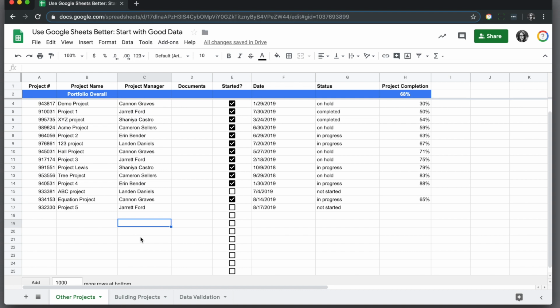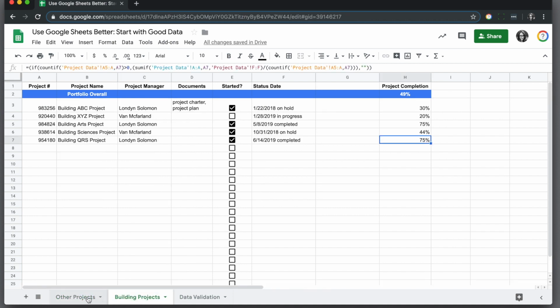We're looking at ways we can improve the structure and format of the data in this Google spreadsheet, so that we can work with the data through reporting or analysis. One of the things we have going on in this spreadsheet is we have two tabs here with different sets